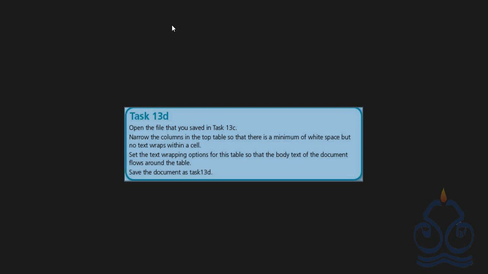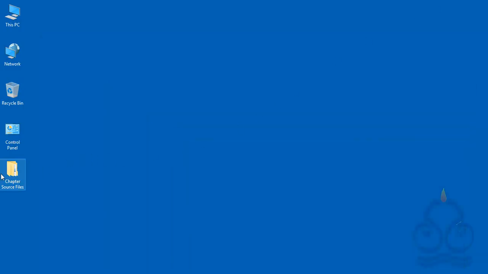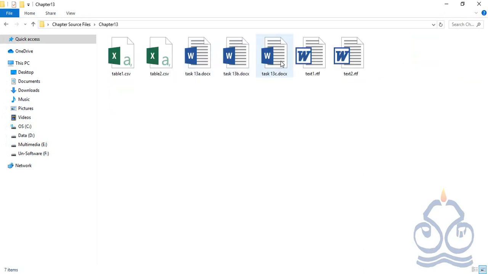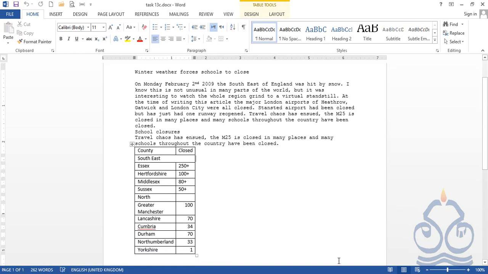In order to proceed further, we are to open the task that we saved last time, that is task 13C. So let's open that task. Task 13C saved last time. The task is opened. Before we start attempting the actions given in this task,